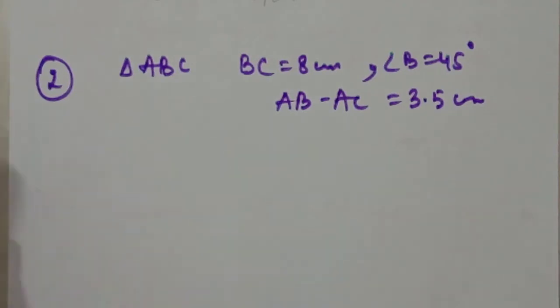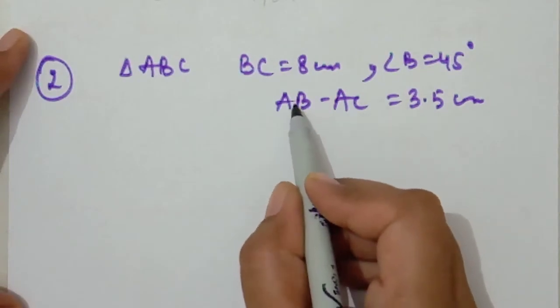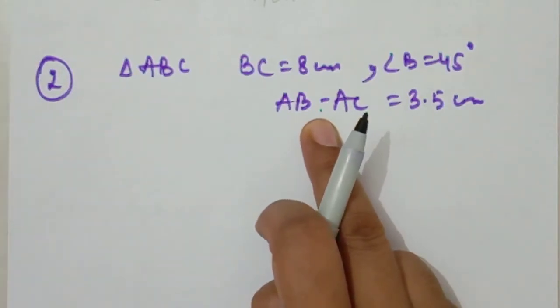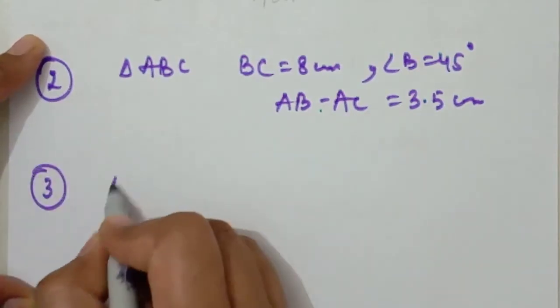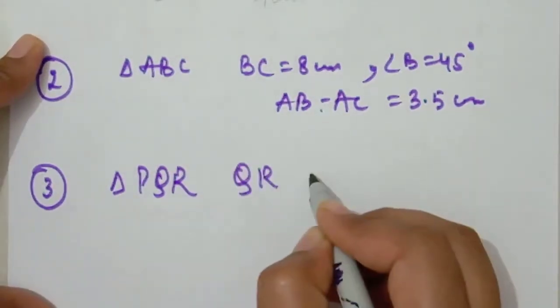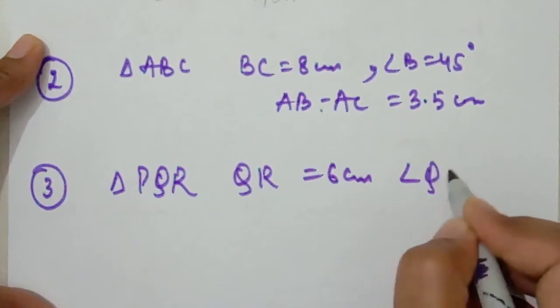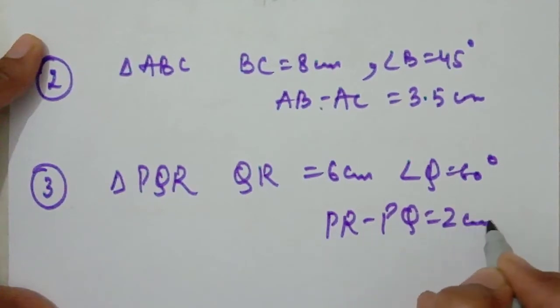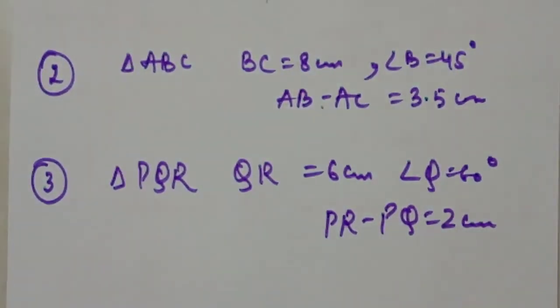because in the introduction part we already explained that we have two types in the difference. So here we have AB minus AC, it is 3.5, and it is clearly visible because in that portion I also took triangle ABC. But if we take the third question, triangle PQR, QR is equal to 6 centimeter, angle Q is equal to 60 degree and PR minus PQ is equal to 2 centimeter is given. So now how will we recognize which one is the first type and which one is the second type? I will inform you that one question is based on the first type and one question is based on the second type. Then how will we recognize?